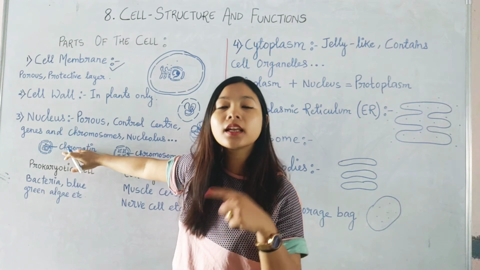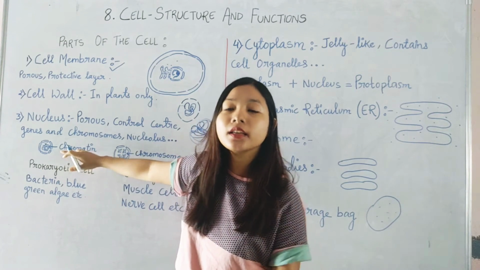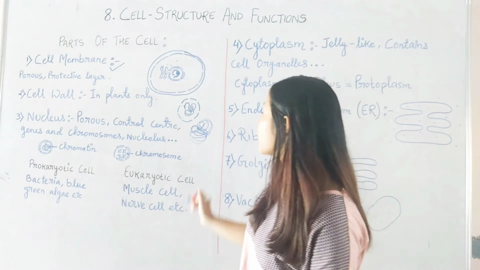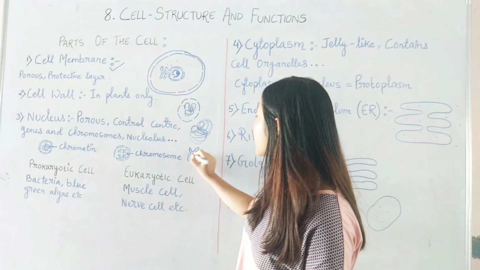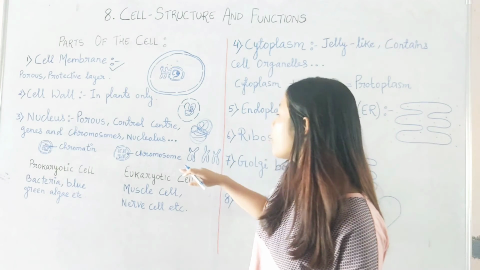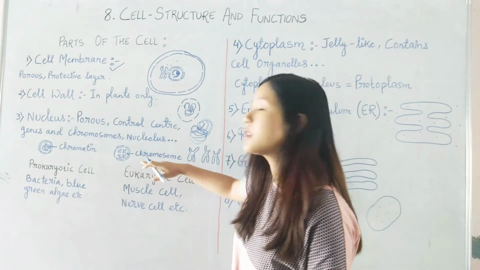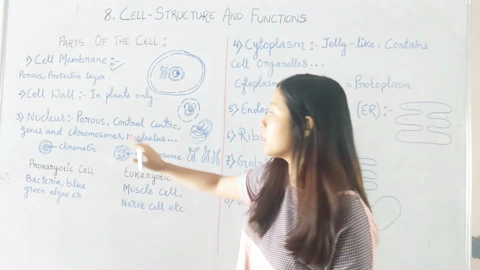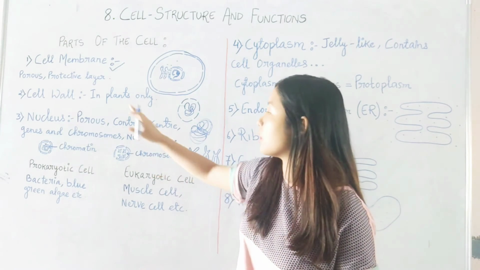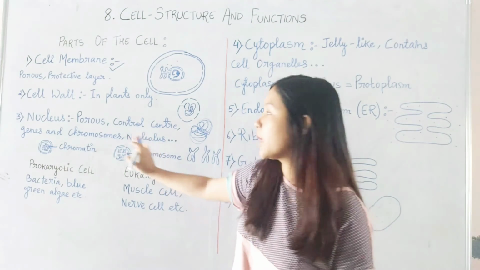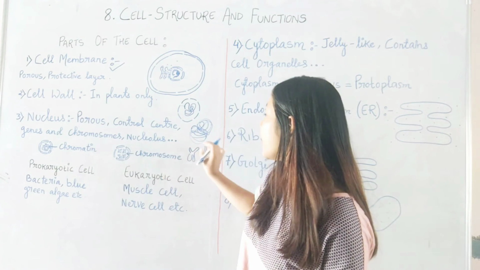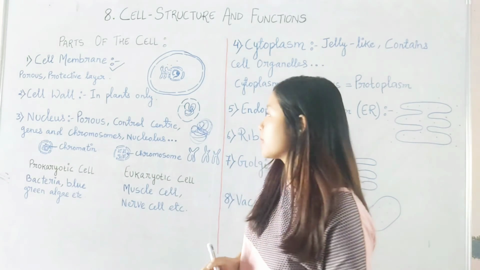But when the cell undergoes division, when the cell is dividing, during that particular period, you can observe the chromosomes in such X-like shapes. So when the genetic material acquires this shape, they are termed as chromosome. You remember, both chromatin and chromosome are the same thing. They are the genetic material, but based on how they appear, thread-like appearance is called chromatin, and X-like structure, compact structure, is known as chromosomes.